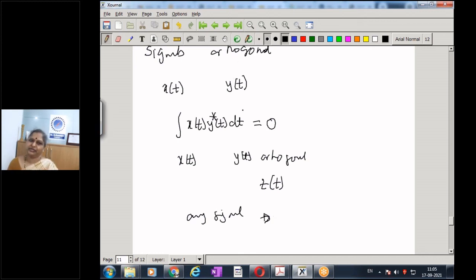Orthogonal, and there is another concept, orthonormal, that is fine. Essentially, when I integrate the product of the functions over a given set of limits, and the integration turns out to be 0, it means the two signals are orthogonal. And when I have orthogonal signals, I can always represent any other signal using these functions. So this is an analogy that we draw from the coordinate system, and it can be extended even to signals.